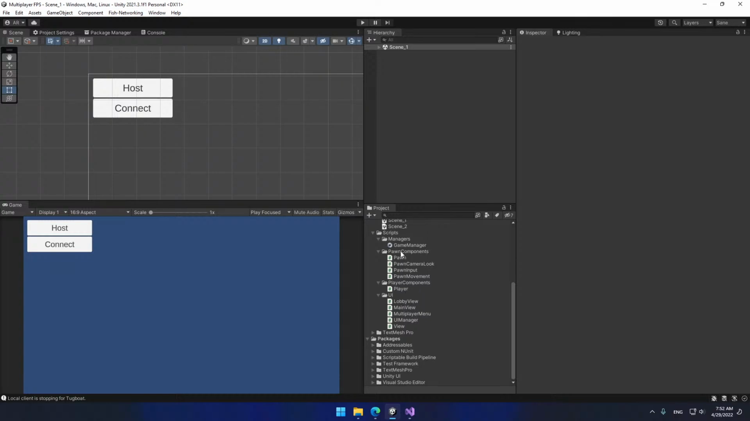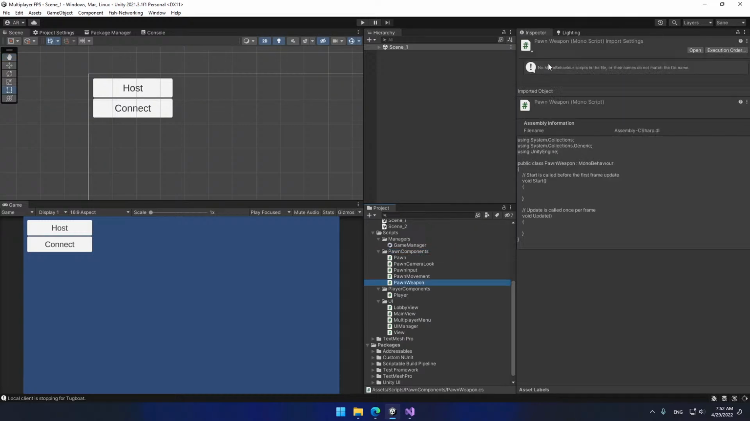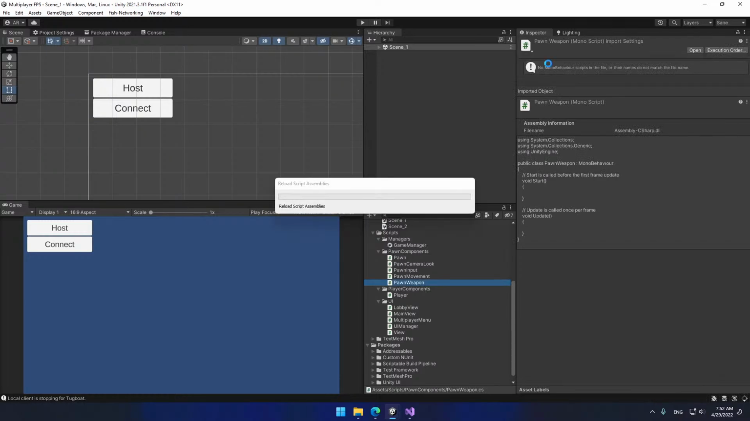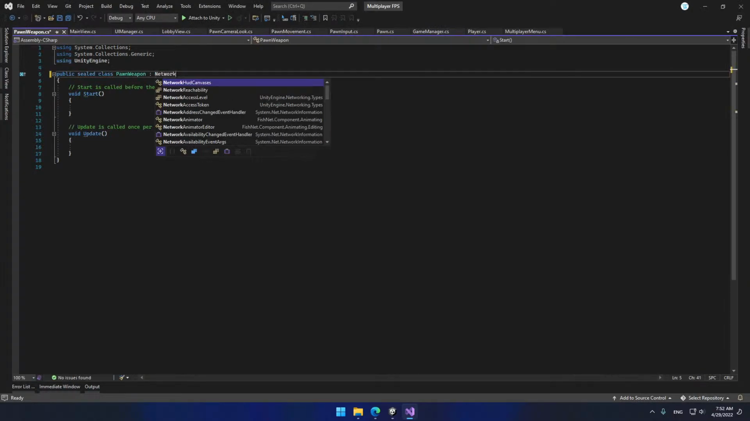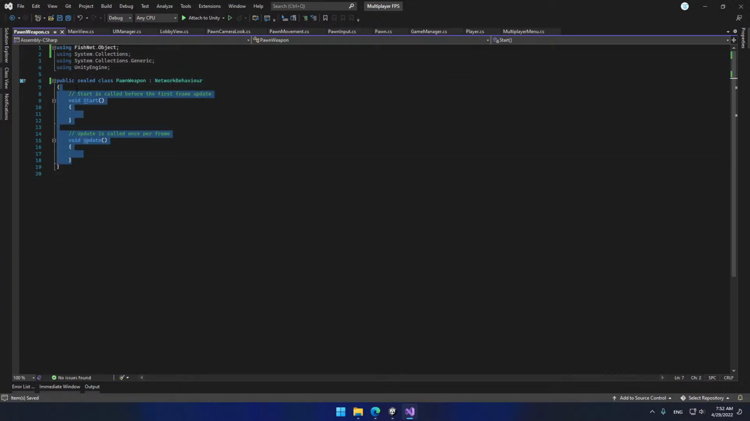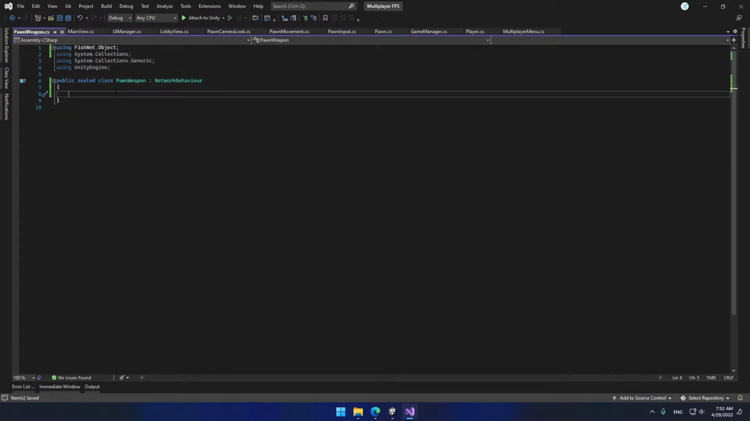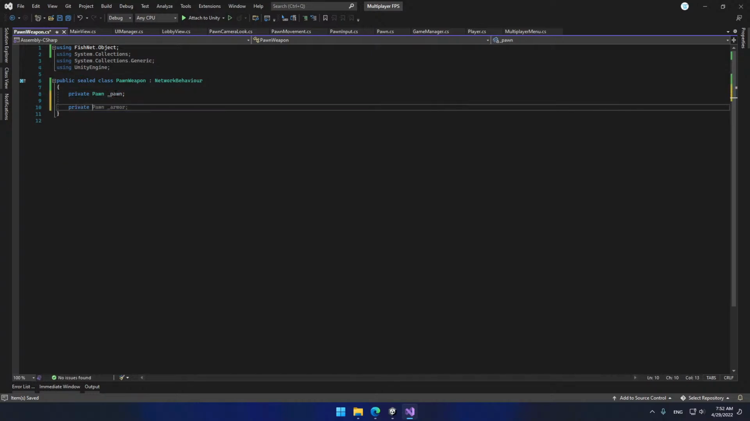Let's go ahead and create a new component and call it pawn weapon. Inside this pawn weapon script, we're going to seal it and inherit from network behavior. Let's go ahead and add a reference to our pawn. So pawn, and let's add a reference to the input, pawn input,